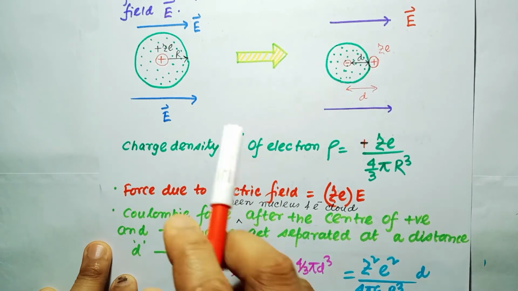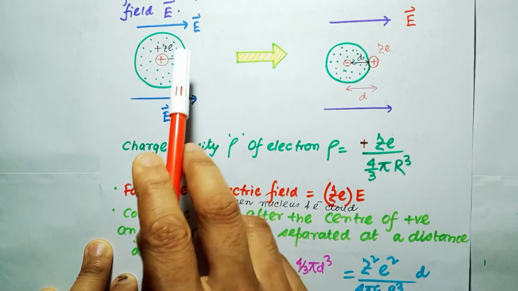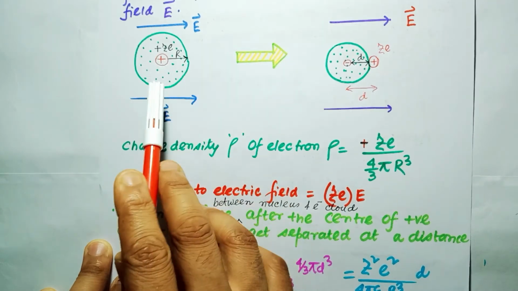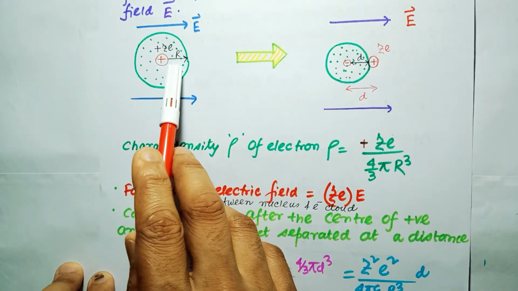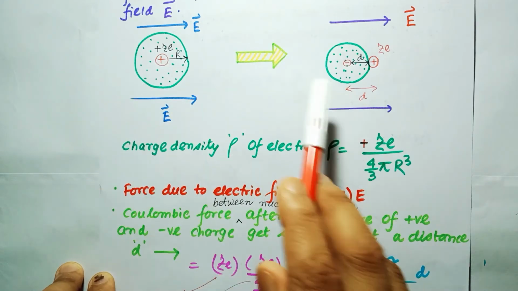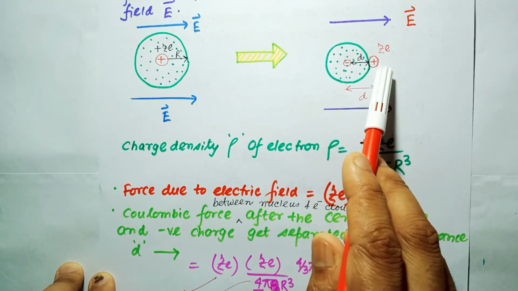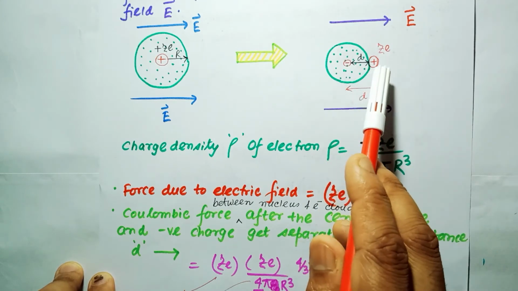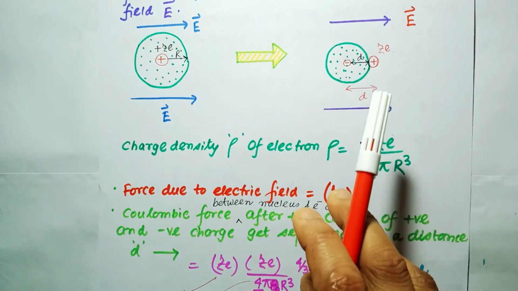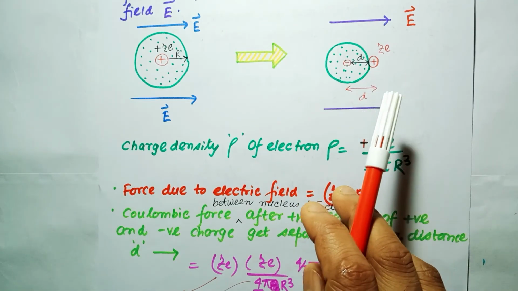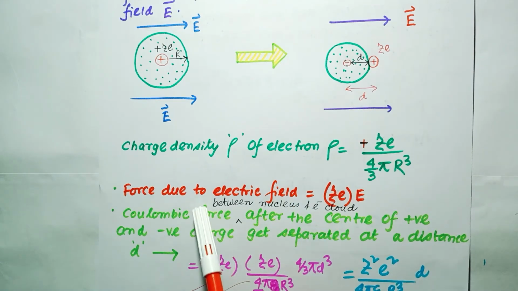Now when I place the atom in the electric field, the electric field will act to separate the center of the positive charge and the center of the negative charge. So it will get this kind of shape, because the positively charged nucleus will move aside and the negatively charged electron cloud goes to the other side. There will be two types of forces and there will be a balance between the two. One is the force due to the electric field.